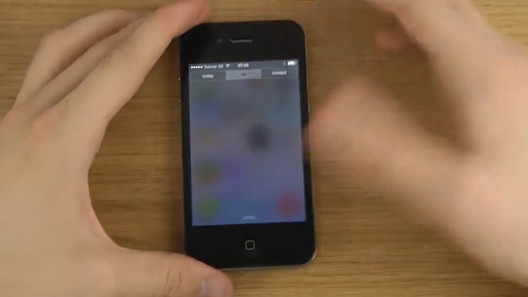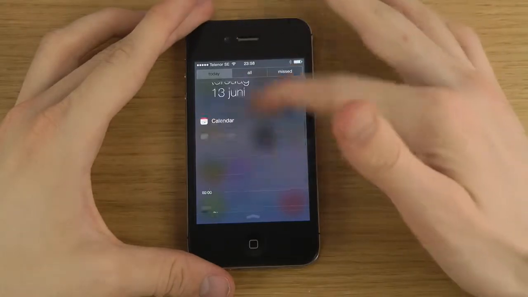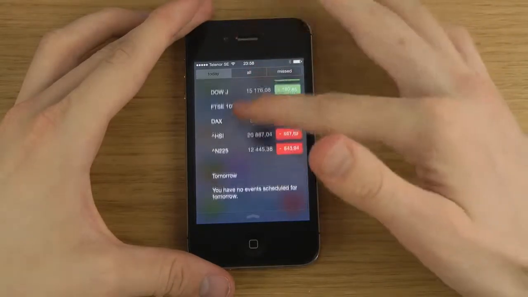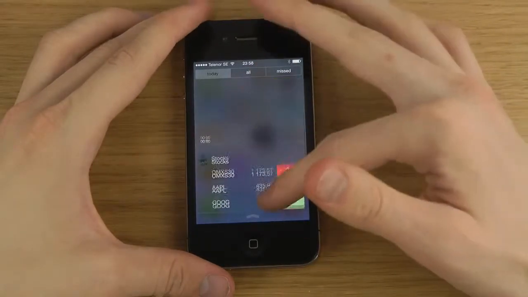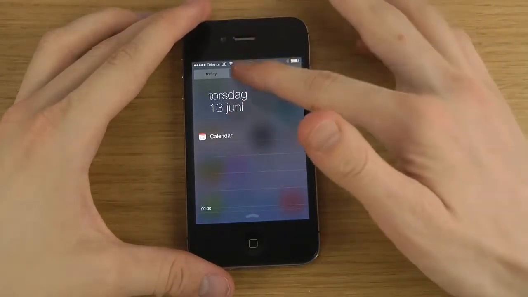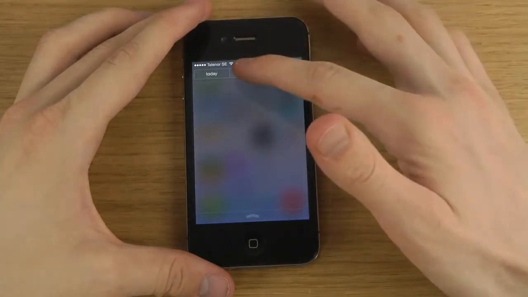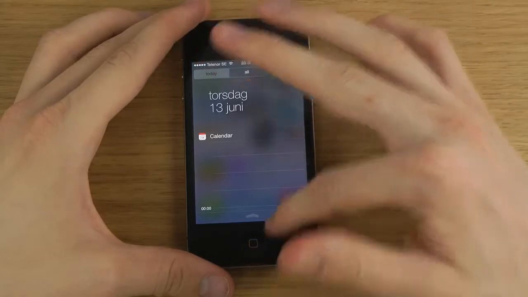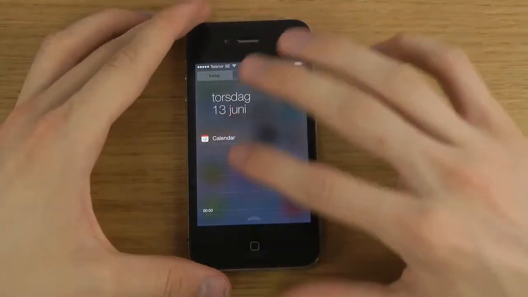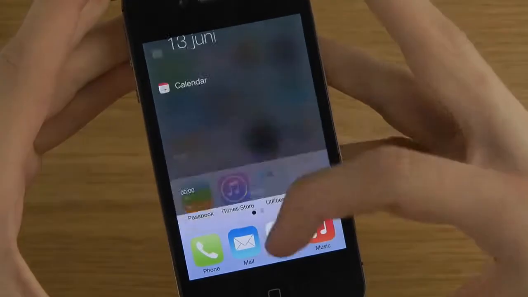Also, when we swipe down here now, we can see that they are focusing a lot on the calendar, and also the stocks. I'm not sure if that many people care about that though. But in your calendar here, you'll probably also be able to see all your notifications and missed notifications and stuff. Or that may perhaps also just be the calendar. You can also see that you get a nice transparent window here, so you can see through,